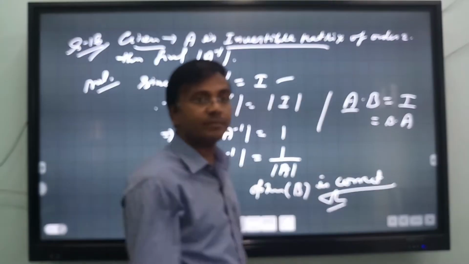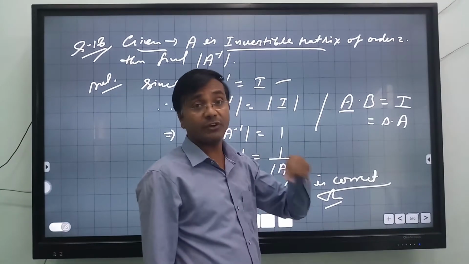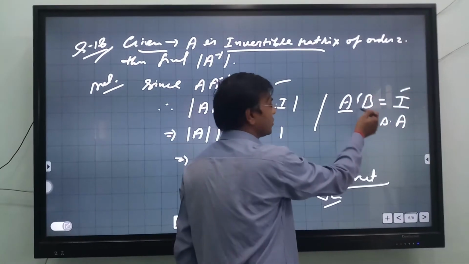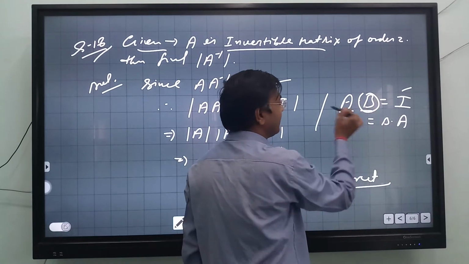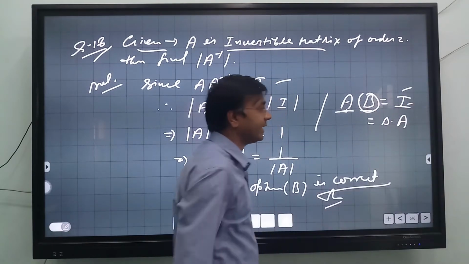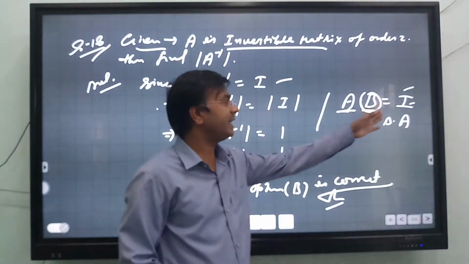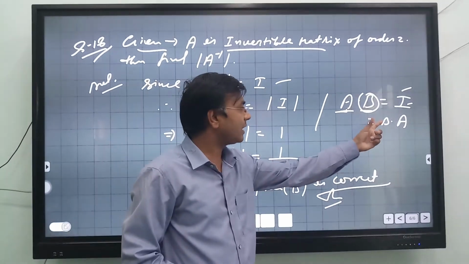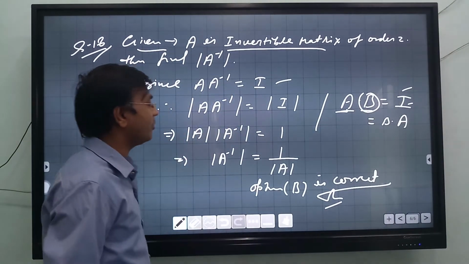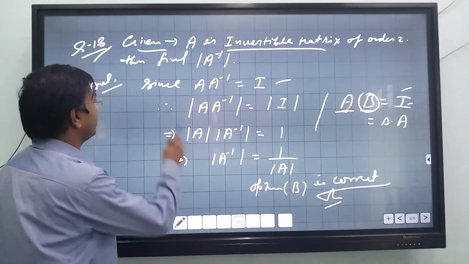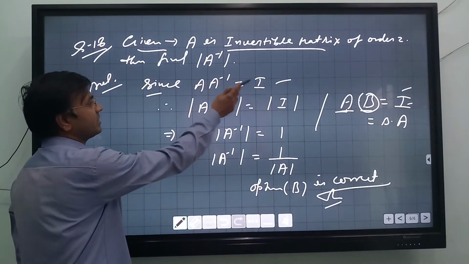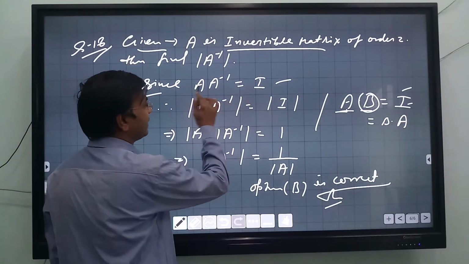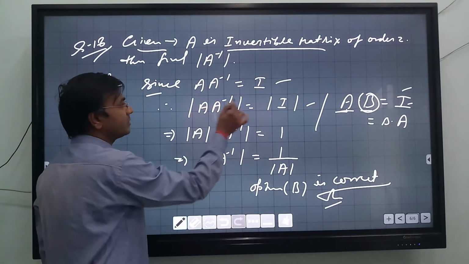that there is a matrix A and B is the inverse of A. If it exists, then if the product is coming I, because B is the inverse of A, so if we multiply with the given matrix and if we get I means identity matrix, then B is the inverse of A as well as A is the inverse of B, and both follow the commutative law. So we are using that property over here. Since A into inverse equals to I by the property of invertible matrices, so operating determinant on both sides,